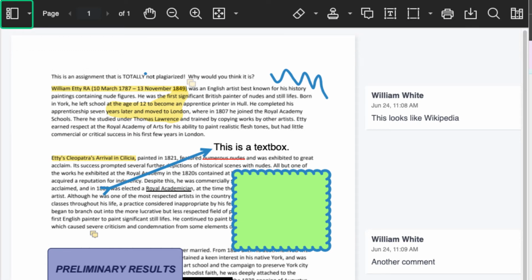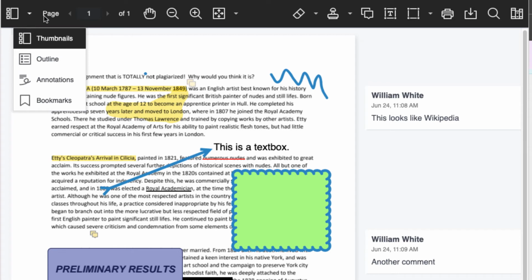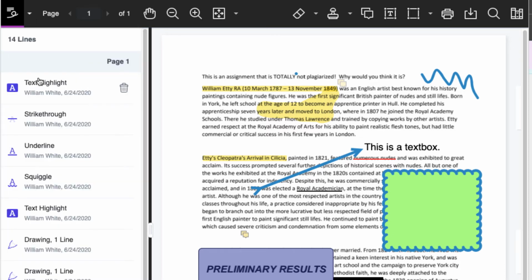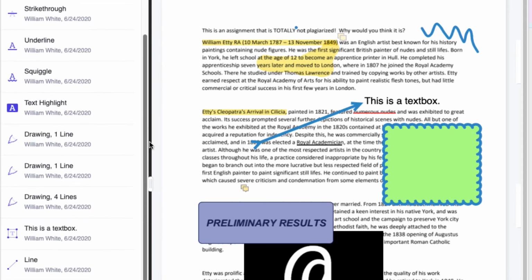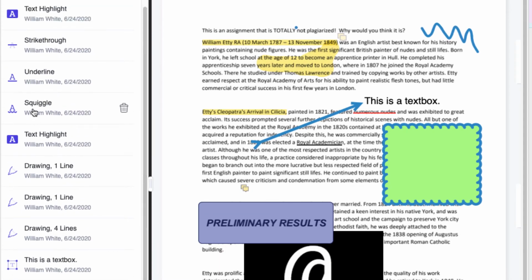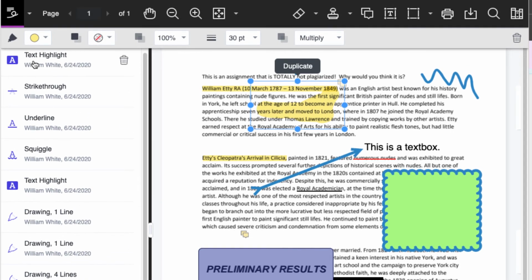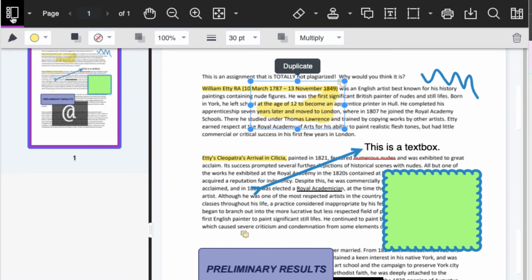So on the far left, there's a sidebar tool. If I click on this, I have different options that I can use. Outline and bookmarks really aren't terribly useful, but we'll cover the other two. So thumbnails will show you a small image of each page, similar to what you'd see if you were in Adobe Reader. It makes it easier to navigate the page. There's also annotations, which gives you an index of all of the annotations that you made, who made them, and when they were made. You can click on one to be brought to it, or if you click the trash can next to it, you'll delete the annotation. We'll close up the sidebar for now.